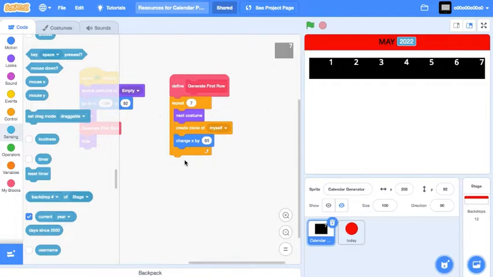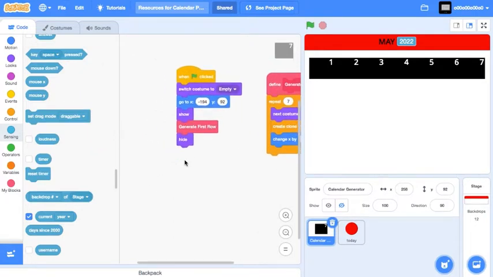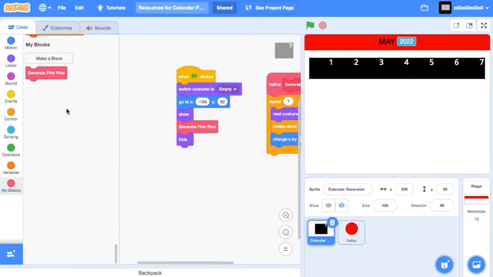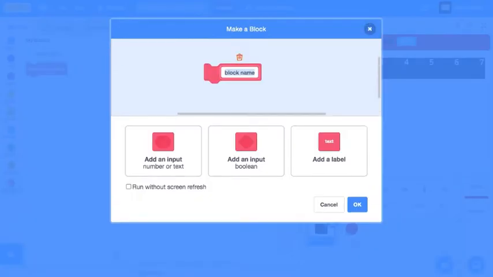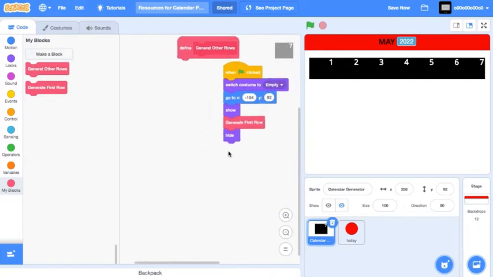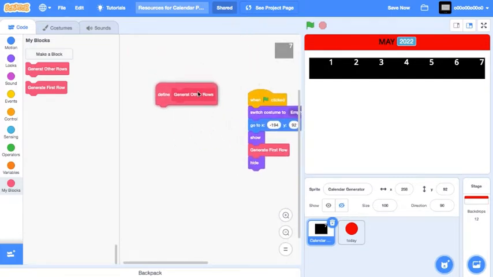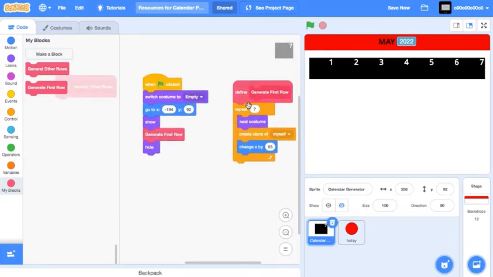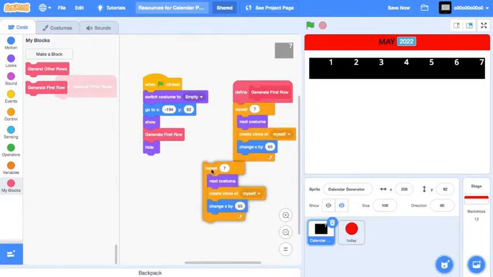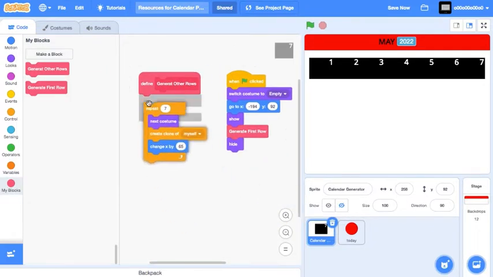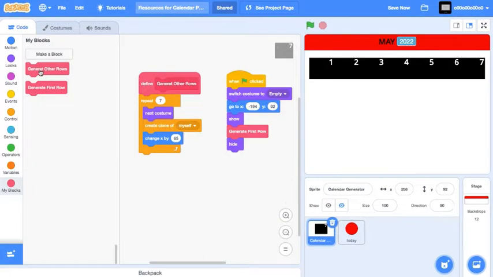Okay. Now we have to generate the second row. So let's create another new block. Generate other rows. So let's just copy this and bring it here, and we'll get the generate other rows.